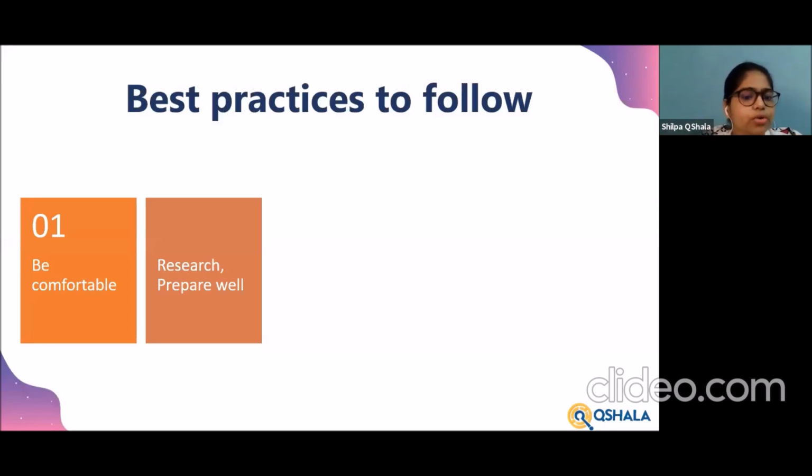Make sure that you're really comfortable with the platform that you're using, maybe Microsoft Teams, Zoom, Google Classrooms, Google Meetings, or anything like that. If not, do spend some time to get comfortable. Get your family and friends to run quick mock sessions with you so that you feel comfortable facing the screen, right?